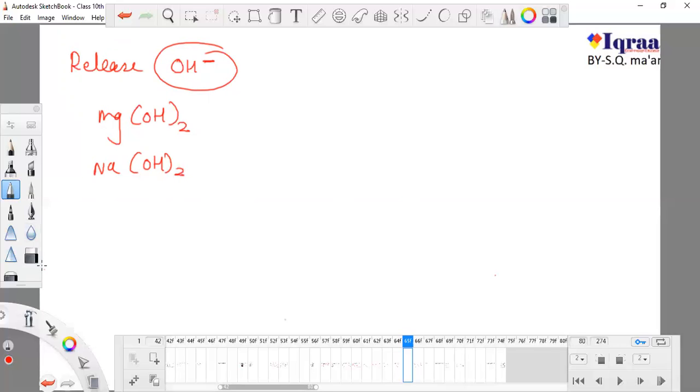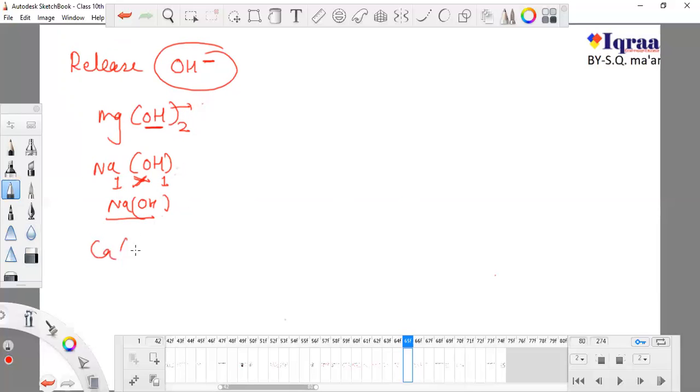No, I don't need to do this. I'm not using 2 here because the valency of Na is 1 and the valency of hydroxide is 1. So if they exchange their valency, it will be like NaOH. There will be no change. But I need to write this OH in brackets so that I make sure this OH is different from this. This is just a negative ion, and it is the giver of the base.